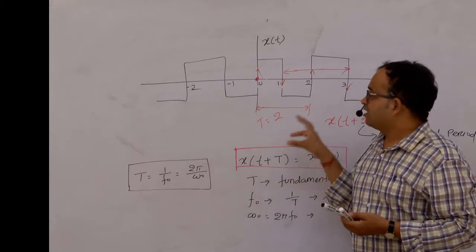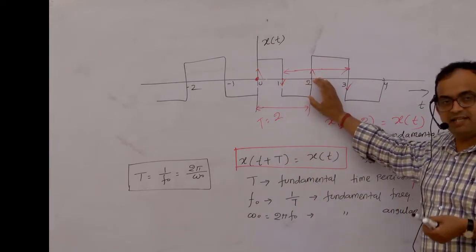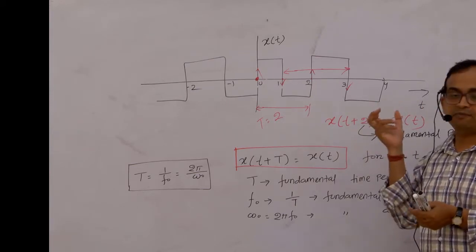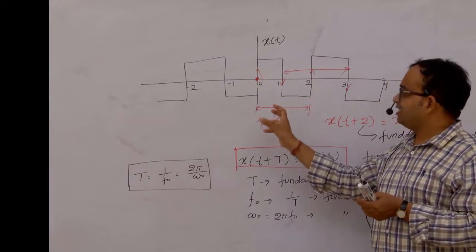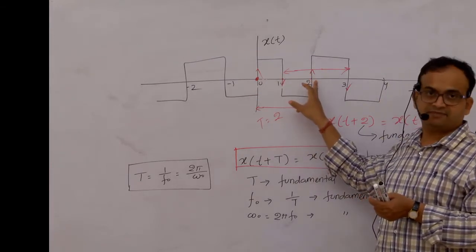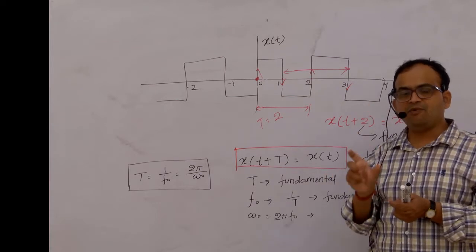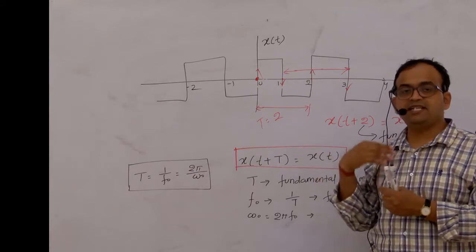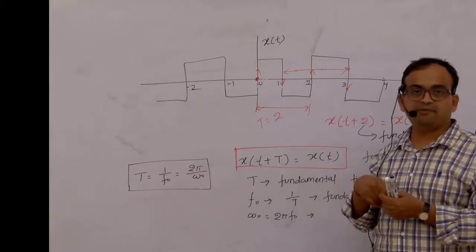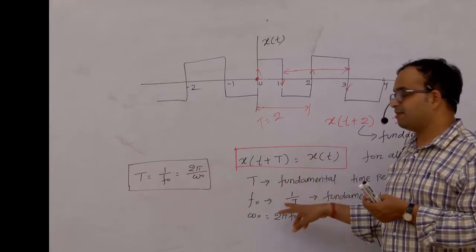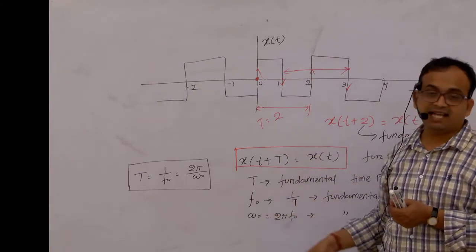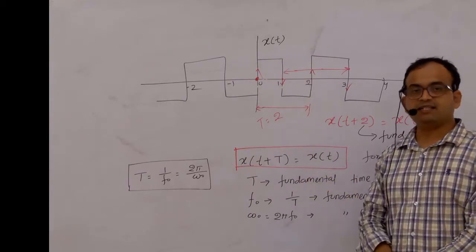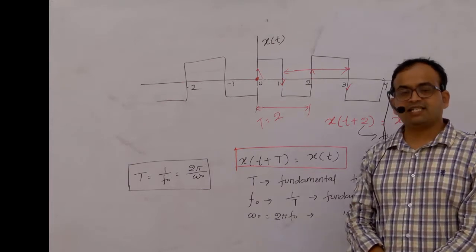So if any signal or waveform is given to you in the exam, you can very easily get the fundamental time period of the signal by looking at it. We have to see after how much time the signal repeats, or after how much time the repetition occurs. From that you can get the periodicity, and after getting the periodicity, you can get the fundamental time period, the fundamental frequency, as well as the angular frequency. For one signal it is very easy to tell whether the signal is periodic or not.